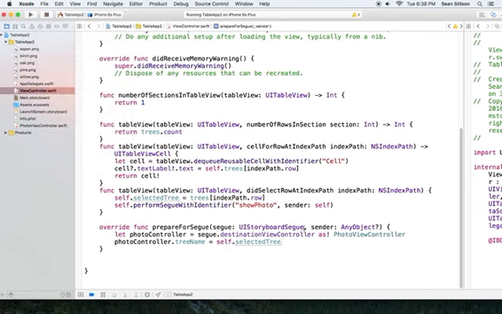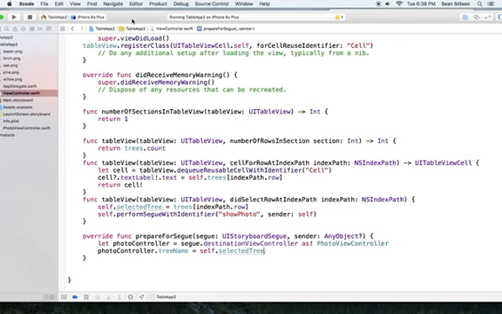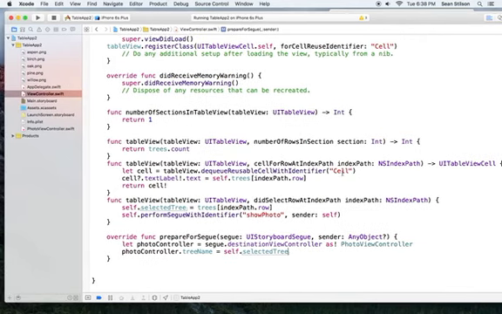Okay, so does that make sense how that works? Yeah, it's a pretty handy navigation mechanism that Apple has. Pretty simple. So you can create all kinds of properties in your destination controller and then set those, and then when it